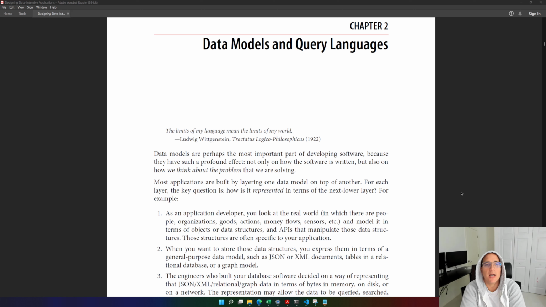Chapter 2: Data Models and Query Languages. "The limits of my language mean the limits of my world." Ludwig Wittgenstein, Tractatus Logico-Philosophicus, 1922. Data models are perhaps the most important part of developing software because they have such a profound effect